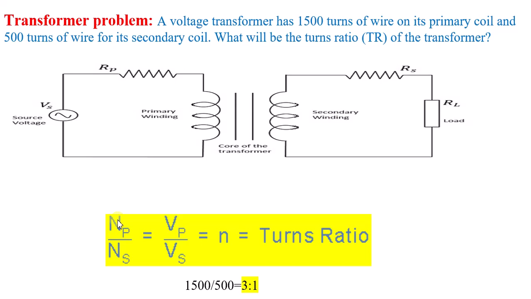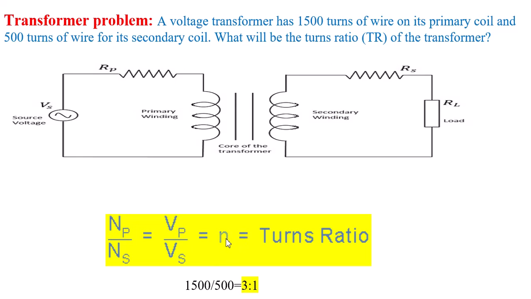Now in one of the problems, they may give you the voltage and ask you the reverse thing. They are giving you the output and asking the number of turns across the primary as well as the secondary circuitry. In this reverse case also it is very easy. You can substitute the voltage across primary and secondary, and you will get the turns ratio. Otherwise, if you want to calculate this, then also you can do it.